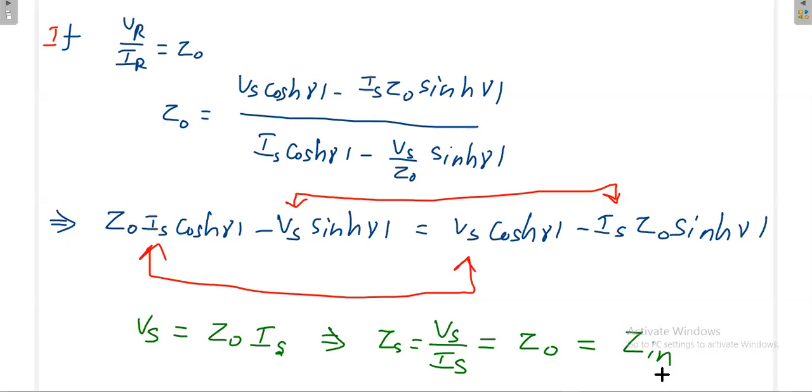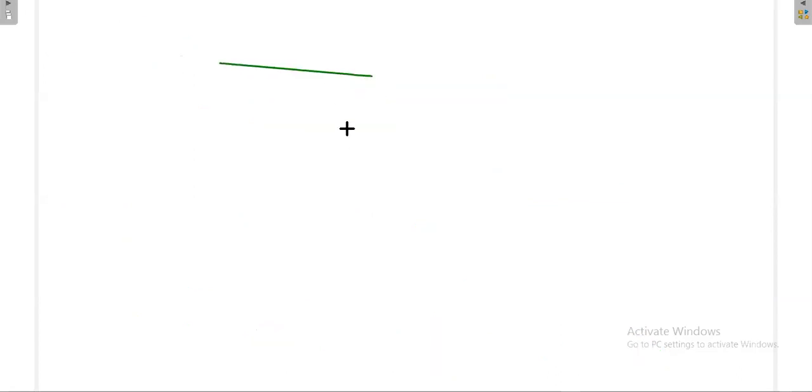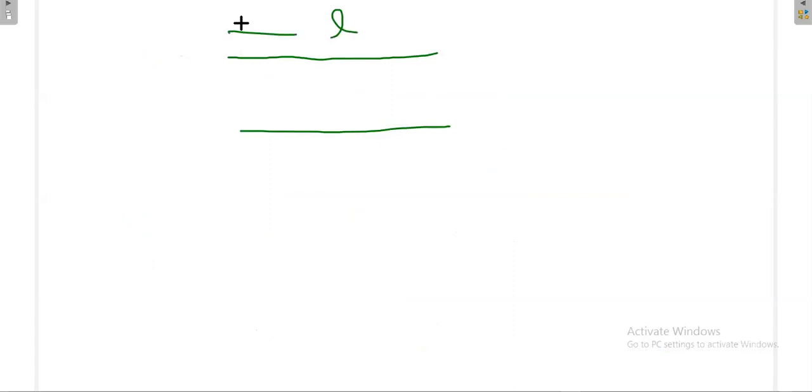See what is happening. You have some transmission line, and you don't know its length. The length can be anything. This is the important conclusion. Now, instead of the load impedance at the load side, you connect the characteristic impedance. You already know the characteristic impedance, because you have some line, and for that line you should know the characteristic impedance.